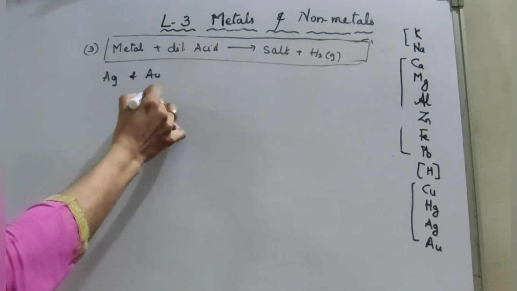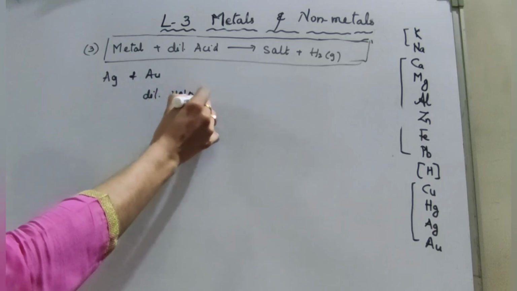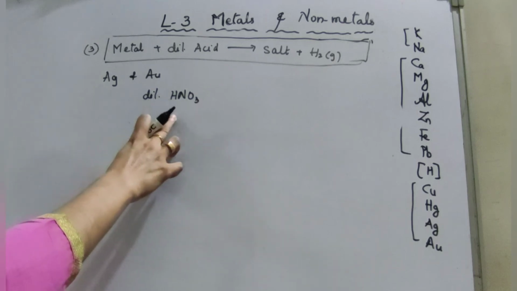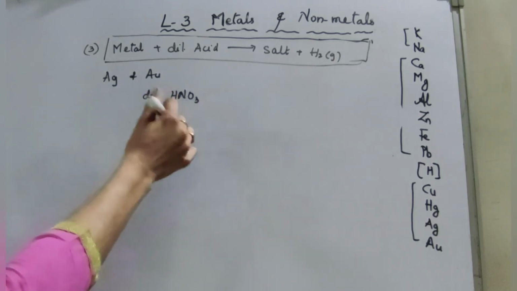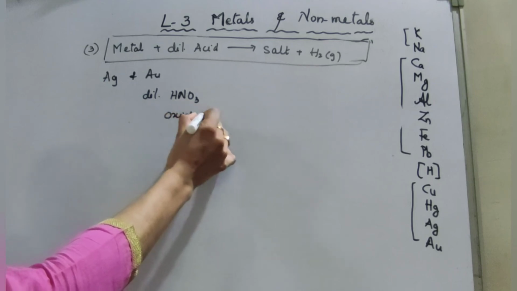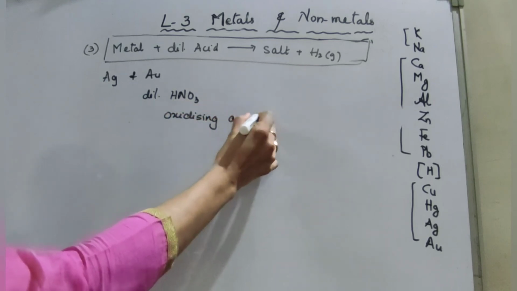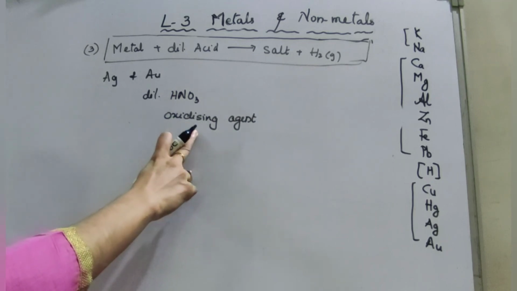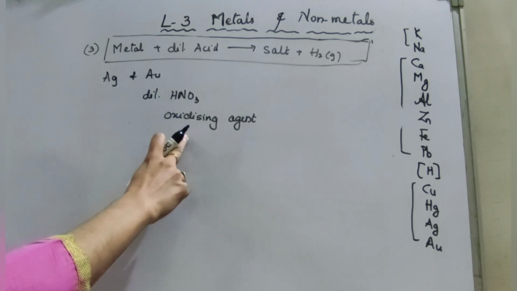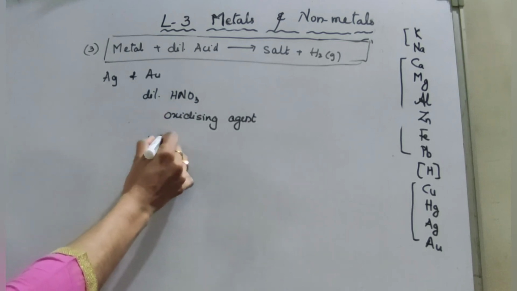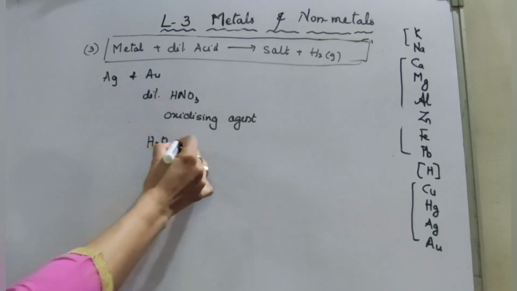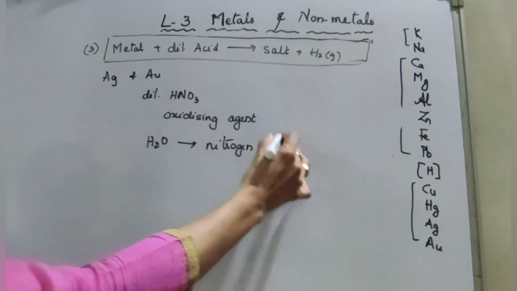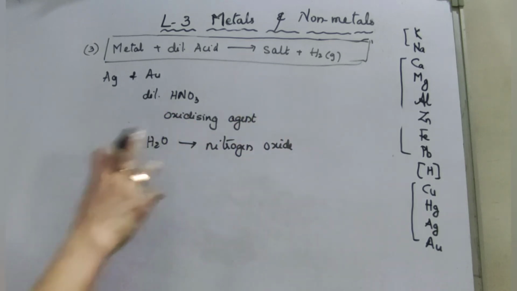In the case of nitric acid, look at dilute nitric acid. Hydrogen gas is not evolved when a metal reacts with nitric acid. Why? Because nitric acid is a strong oxidizing agent. A question will come: why does nitric acid not release hydrogen with metal? Because nitric acid is a strong oxidizing agent. It oxidizes the hydrogen produced to water, and itself gets reduced to form nitrogen oxides, that means nitric oxide, nitrogen dioxide, nitrous oxide.